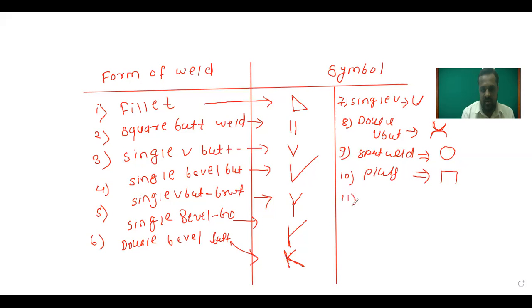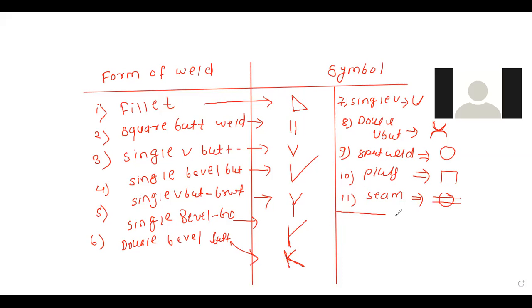Okay, then what is the meaning? Seam welder. Then what is the symbol for the seam welder? Circle and two horizontal lines. Circle and two horizontal lines, like this. Okay, then